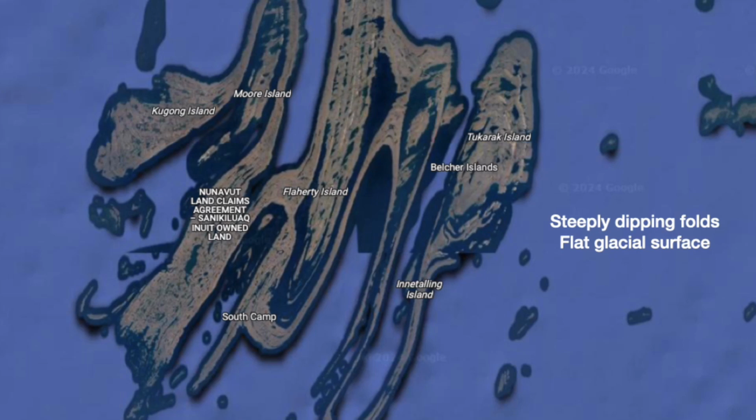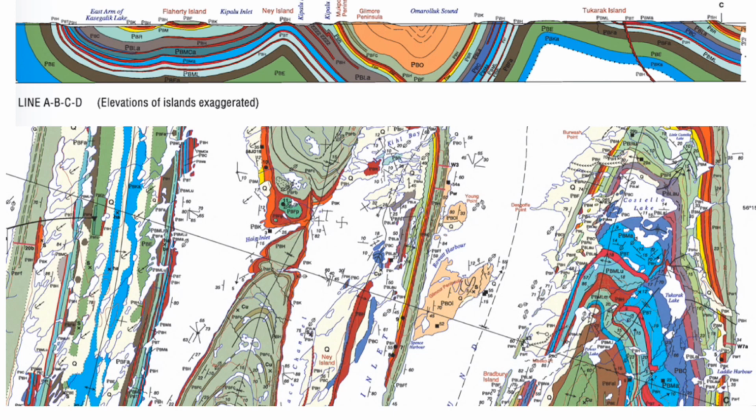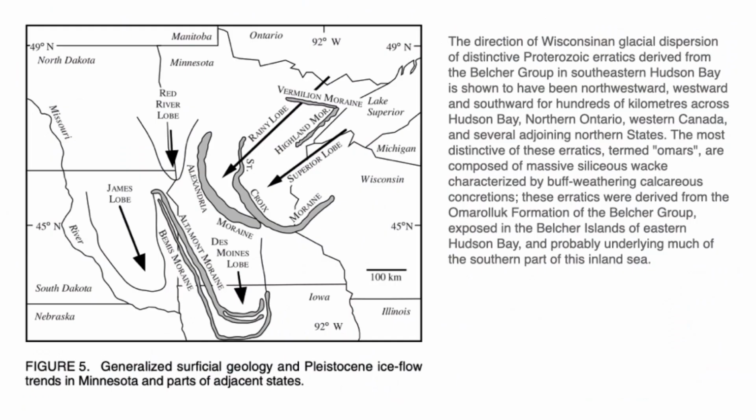And this salmon color that you see in the cross-sectional sorts of rocks, like this area here and this area here, is the Omar Look Formation, where these basaltic greywackes come from. And the next slide shows